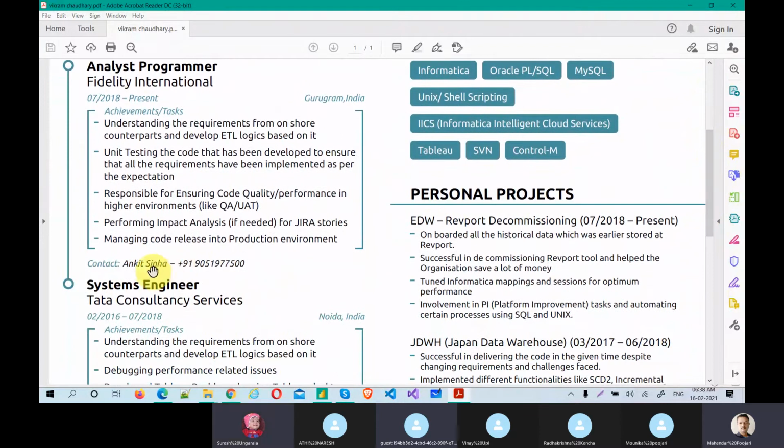What is this contact, Ankita Sinha? Who is this contact person? Understand the task: you should not provide any contact number here. Okay, present. This is a present project, so instead of "to date" you can write "present". This is perfect wording. Okay, this is a month and year. No need to write DD here; instead of DD MM YYYY, you can write MM YYYY and present, then the location.